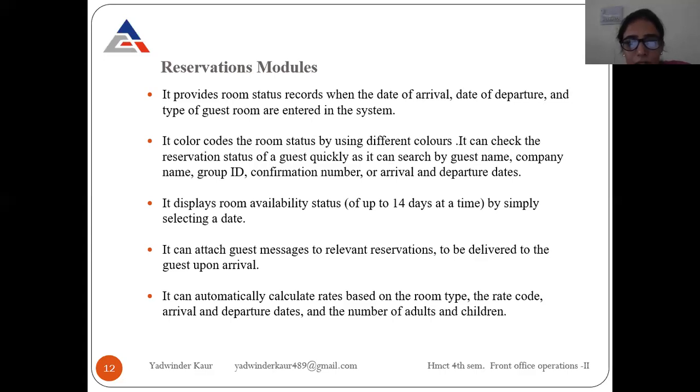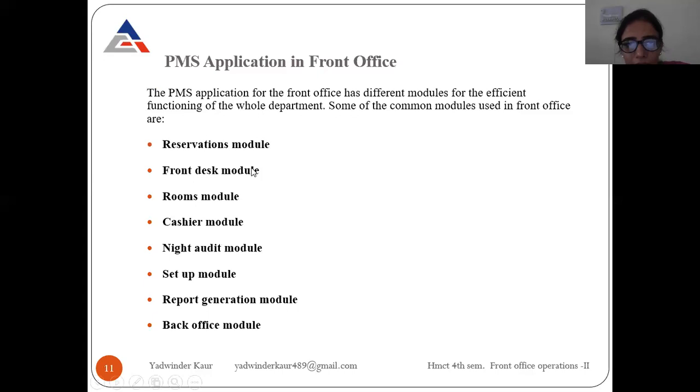Yes, ma'am. Okay. So we have modules in PMS software. Different modules are used in the front office PMS software. I will show you the previous slide. Here are the different modules we can use for the efficient functioning of the whole front office department.